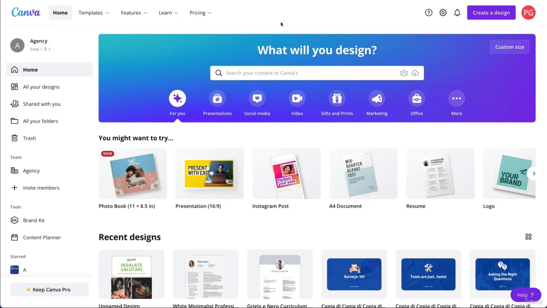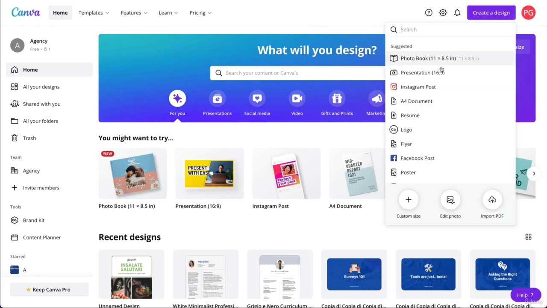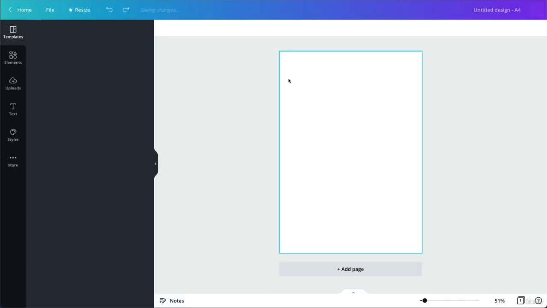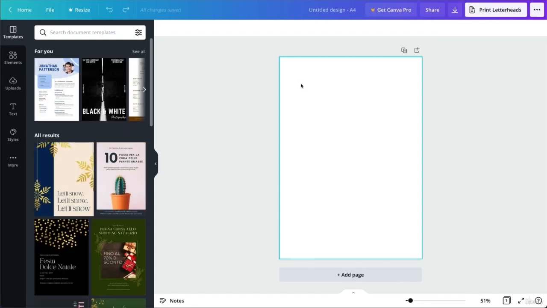In this video, we're going to talk about backgrounds. So the very first thing that we're going to do is create a document, and this can be any document that you prefer. For this example, I'm going to use an A4, and in order to access the background of a document,